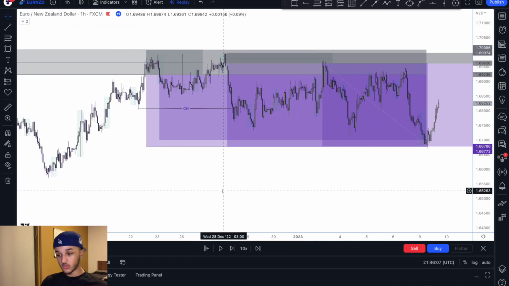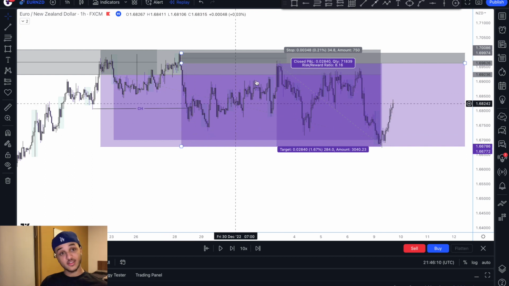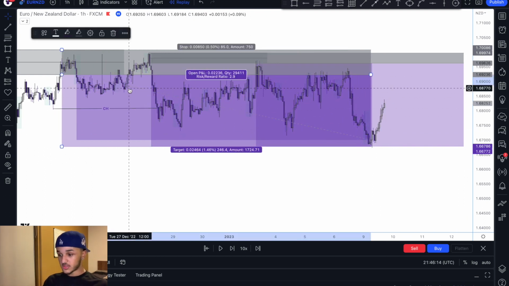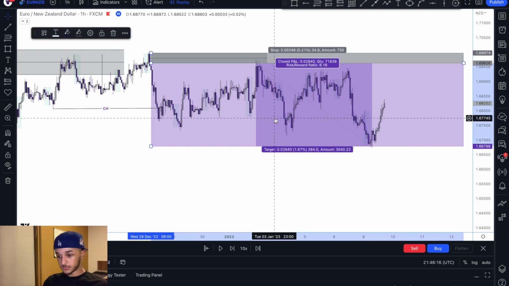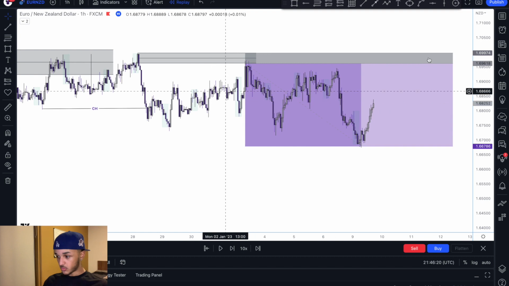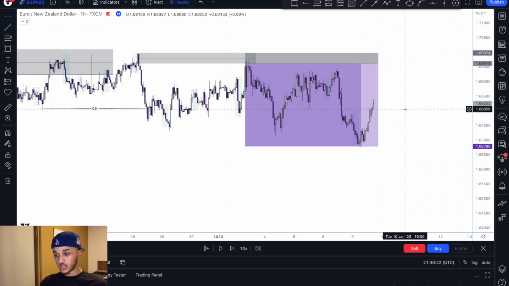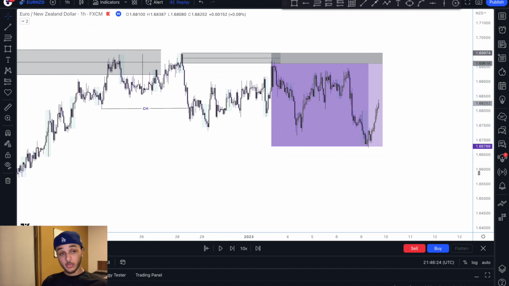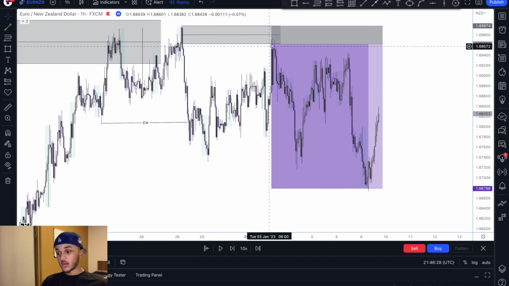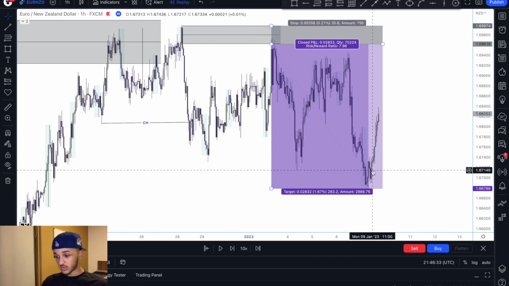So what did we wait for? We waited for a pullback into this area of supply, and then we looked for price to mitigate this area of supply. If I just delete the chart there and make this a bit more refined for you to understand more clearly, we see that price then pulled back into this area of supply. And what do we see? We see price reacted from this area of supply, and we see price eventually move to the downside,